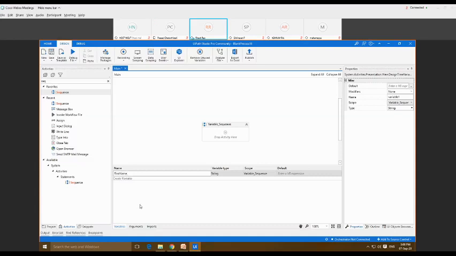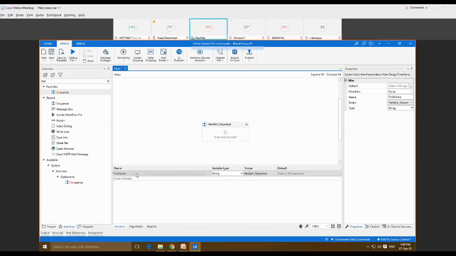As we all know, the name is going to be in the text form. Therefore, the type of variable is going to be a string, and the scope will be variable underscore sequence.